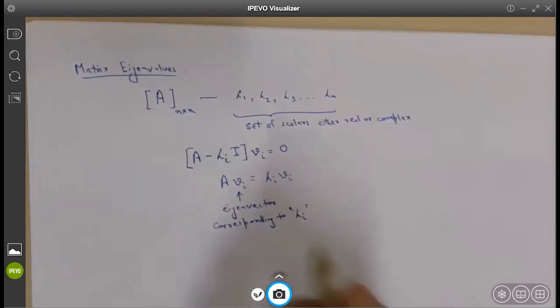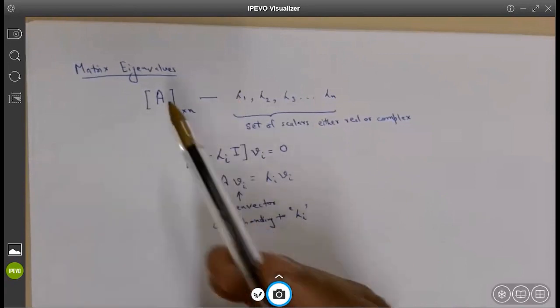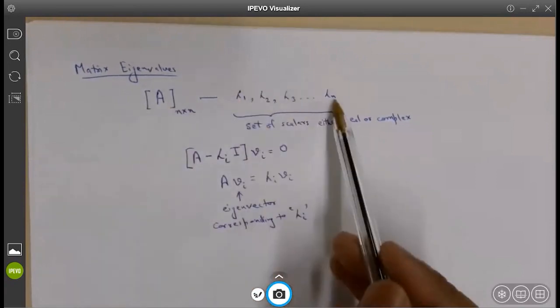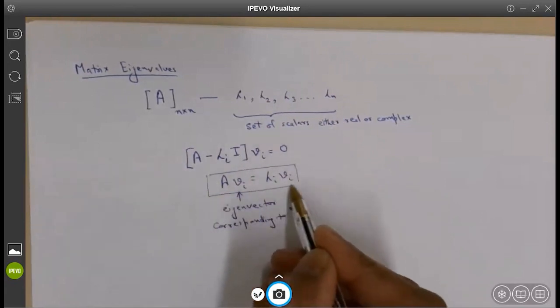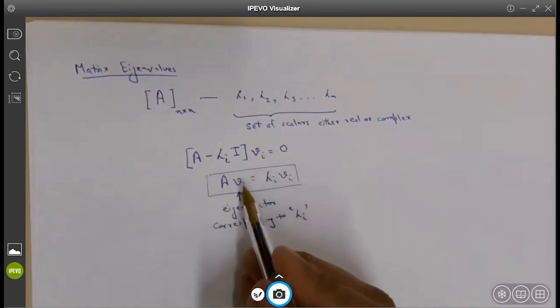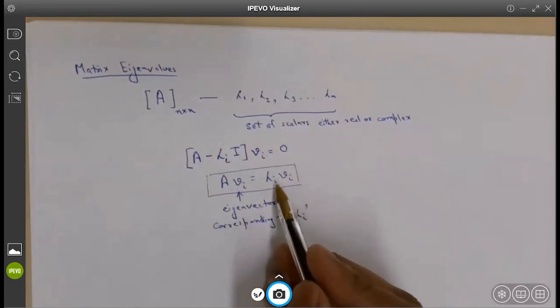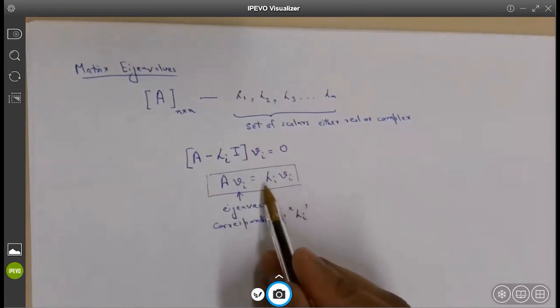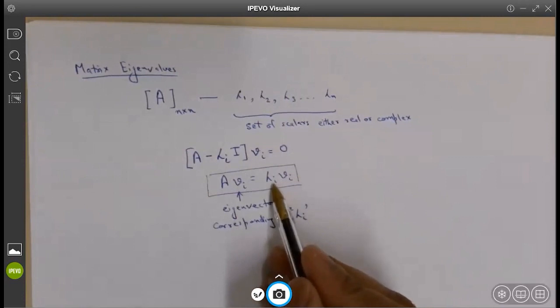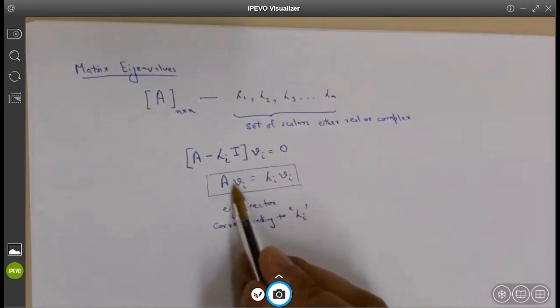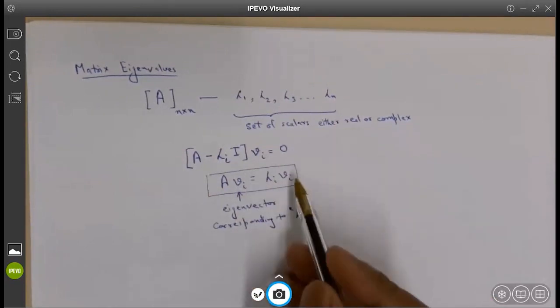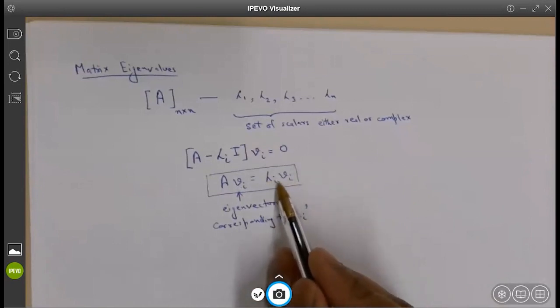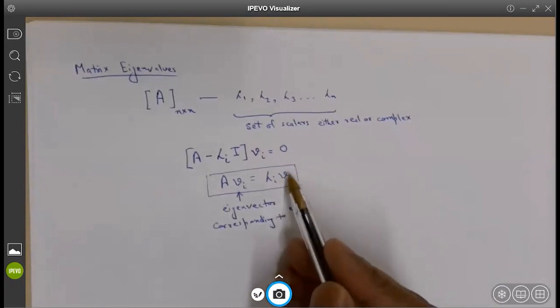So for every n by n square matrix A, you have this set of scalars. These scalars are called eigenvalues if they satisfy this equation. The equation says that if you multiply matrix A with a vector, the result is the same as the vector itself multiplied by the scalar. This is called the eigenvector and this is called the eigenvalue. If you multiply matrix A with an eigenvector, it does not change its direction. It does not get transformed, but only gets multiplied by a scalar number. That means only its length changes, either increased or decreased. Its direction does not change.